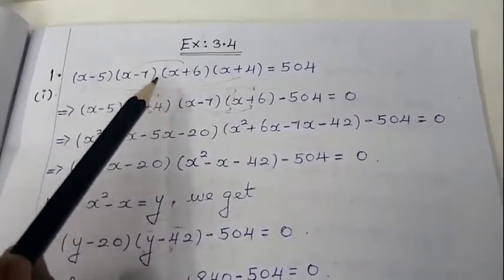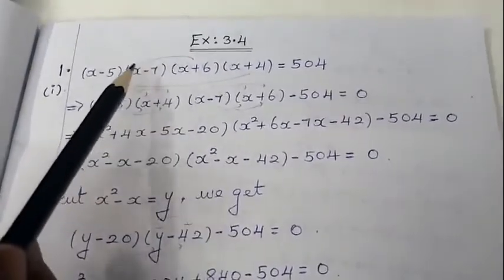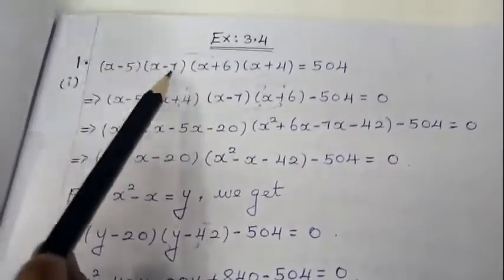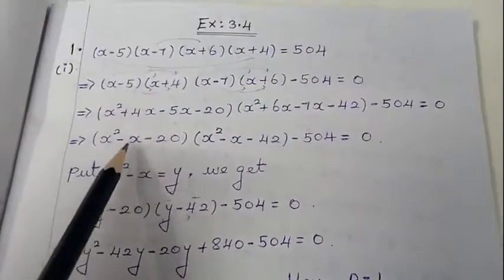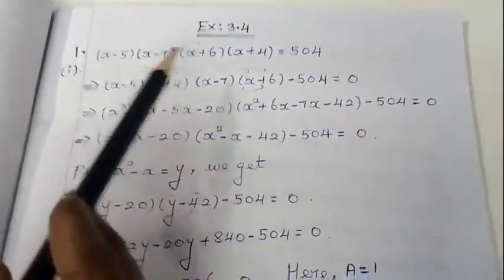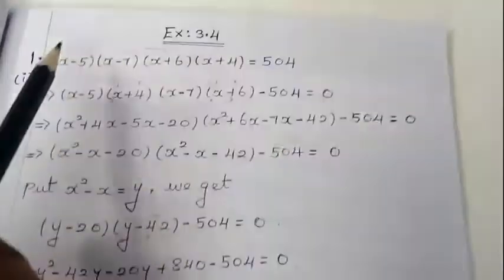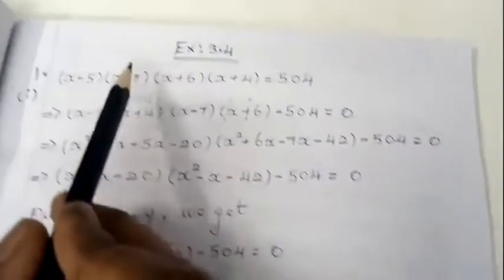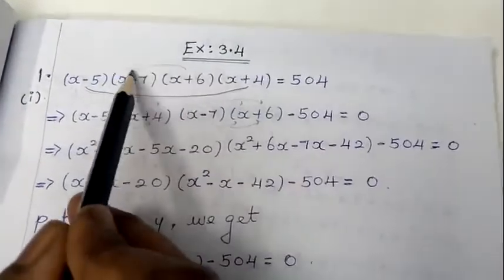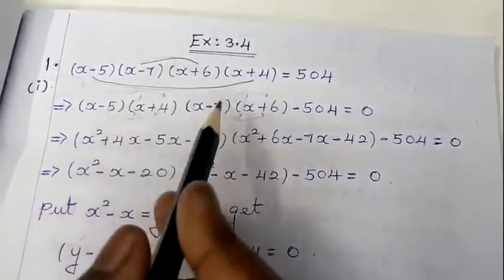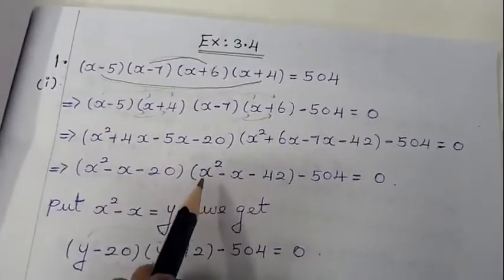How to do the calculation is, I am going to form a grouping. That is, I am going to group the factors in such a way that the x square and x term should be the same. So you're going to check the grouping. 4 factors, you're going to join 2. What I'm going to do is multiply the first and last, and the middle 2 terms. If you do it in this way, in the quadratic equation form, you will get the answer.